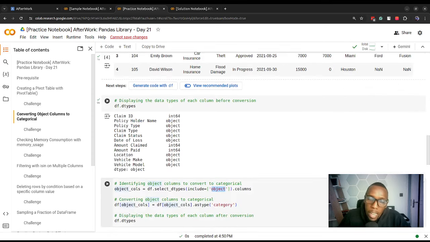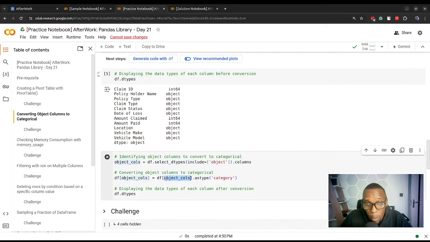That's the type of data or the data type that we want to get. So this particular statement over here will select all the columns that contain the object data type, and we store those columns inside the object_cols variable,